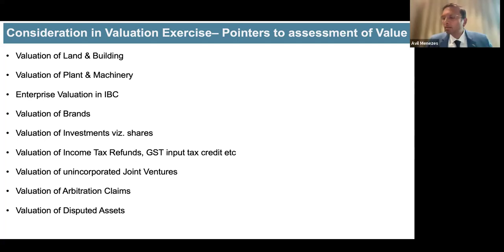No, so generally you're not supposed to get drafts in valuation, right? You can have a discussion with the valuers on what they are looking at and how the valuation exercise is being conducted. Generally, as a practice, valuers do share drafts. You can't insist on a draft. They can send the final report also. I have seen one valuer telling me, I will give you only the final report, and that too password protected, and I will share the password with the COC.